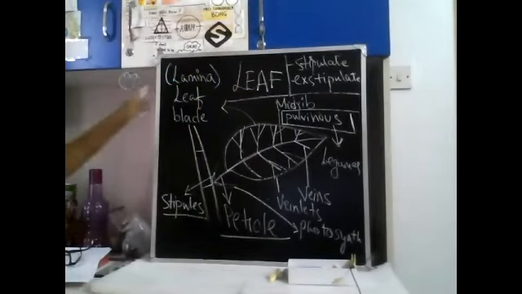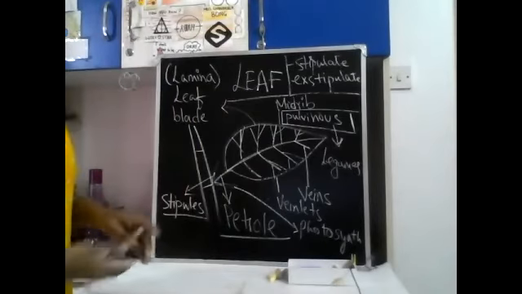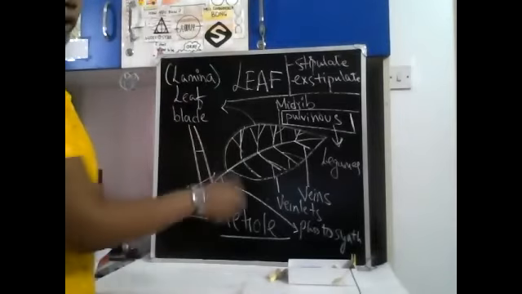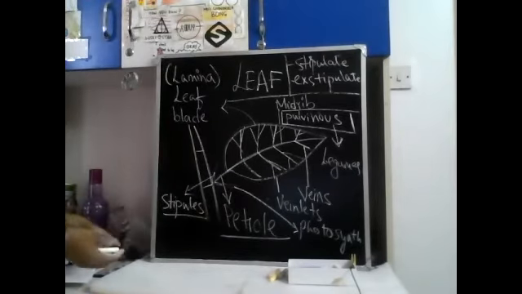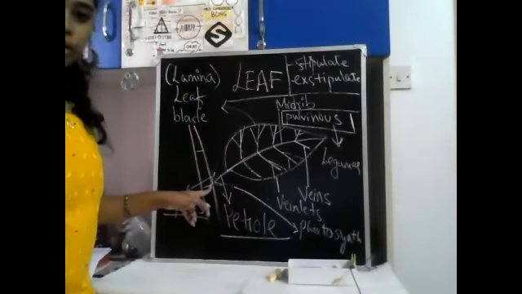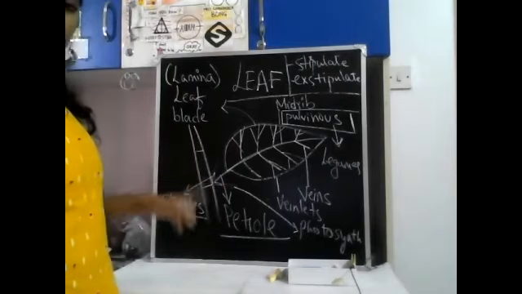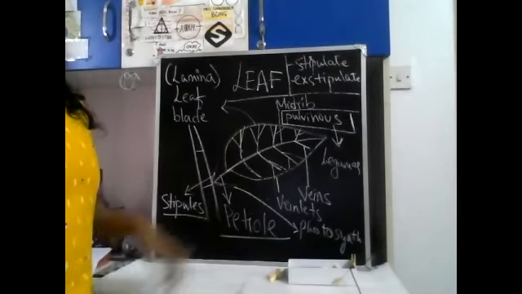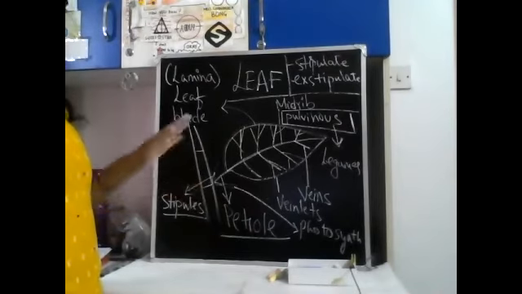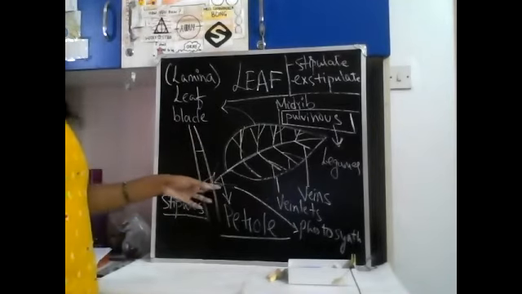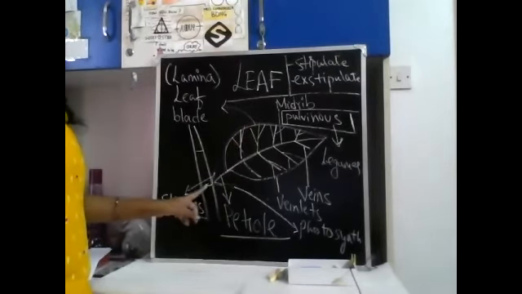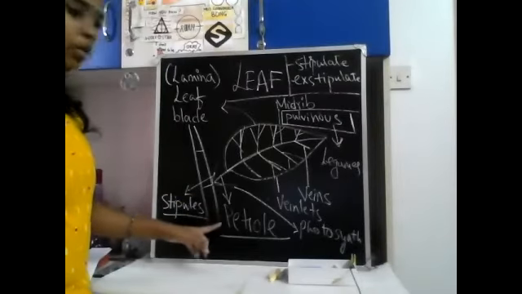Okay, so this is the structure of the leaf, and these are the labelings and different parts. We'll look at this one last time before I move on to the next topic. So we have stem, we have a node of the stem from which a leaf originates. That point is called an axillary bud. Then at the axillary bud you have a stalk that supports the leaf. The stalk is called petiole.